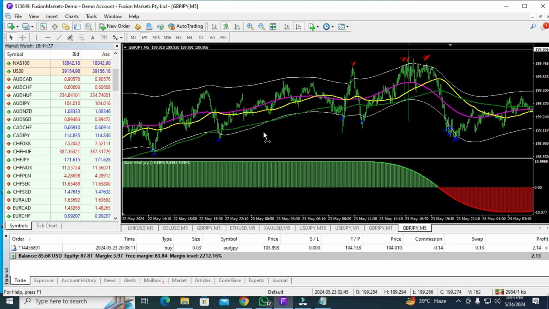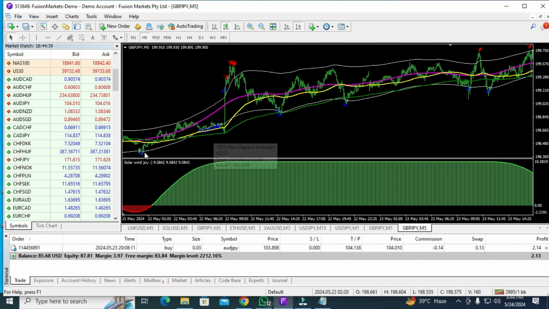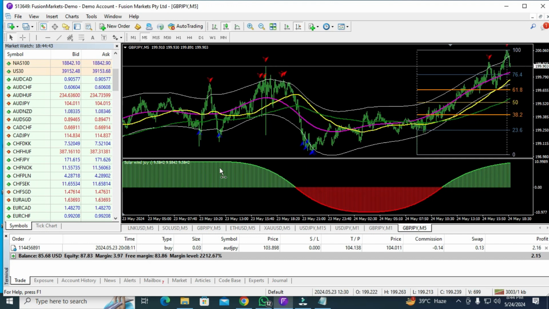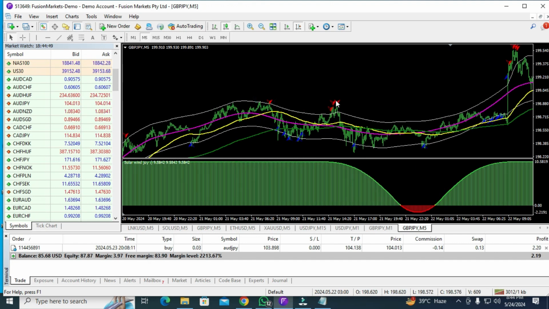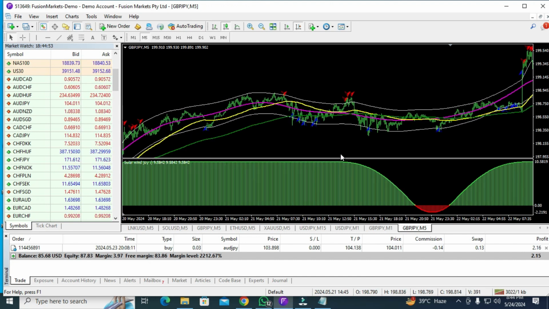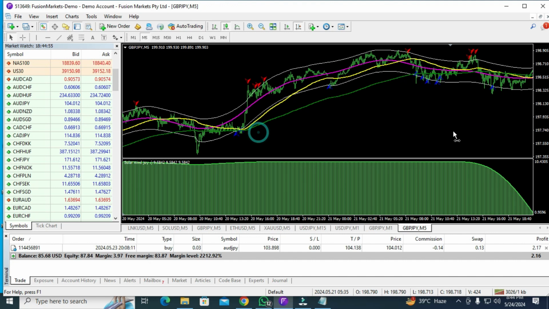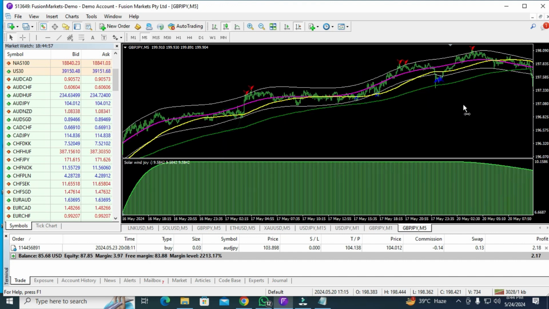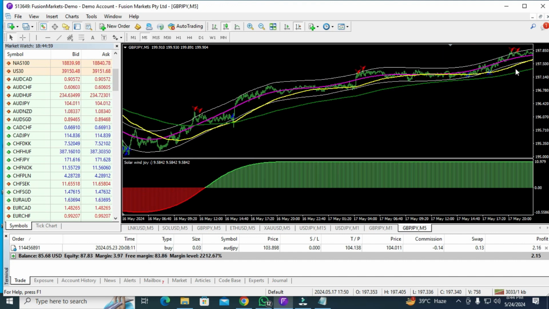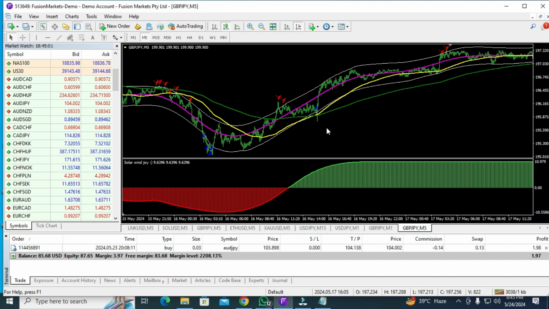200%. Okay, like you got the buy signal, 1, second, third, fourth, fifth, sixth. You got 6 trades here, and all 6 trades are profitable. Okay, you can see this is the 7th one profitable, 8th one profitable, and 9th one, 10th one, 11th. This is the 12th. This is 13 trades, and all the 13 trades are profitable.